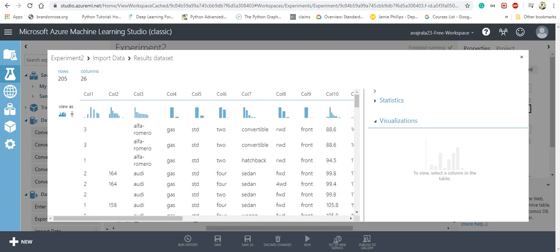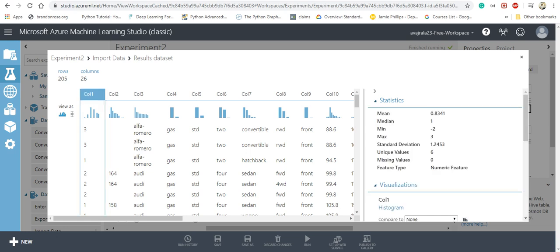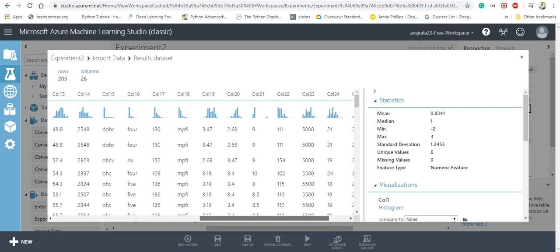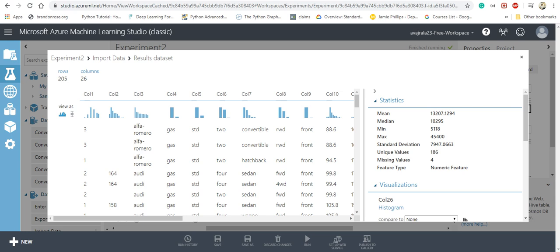There are some problems with this dataset because I knew about it. This first column is being treated as a numeric feature, but it's a categorical feature. I also want to change the column name of column 26, and the column name of column 2. So we will see how to do that, and how to perform basic correlation and find the normal distribution of the target label, everything.